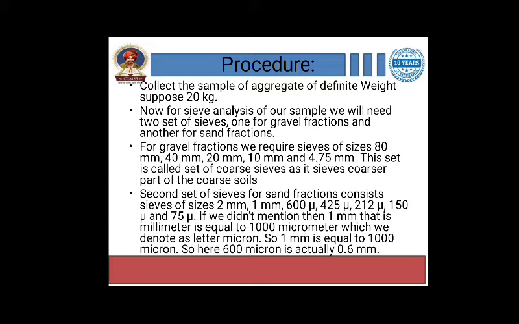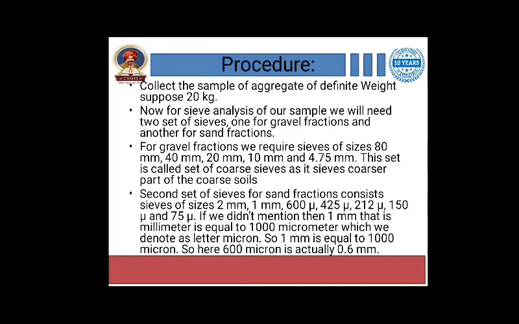Now the second set of sieves, for the sand fraction or fine aggregate, is needed, which is of size 2 mm, right, 1 mm, 600 micron, 425 micron, 212 micron, 150 micron and 75 micron. If we mention it, then 1 millimeter is equal to 1000 micron. Please write down this conversion in your notebook, because